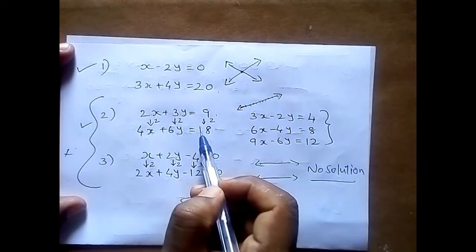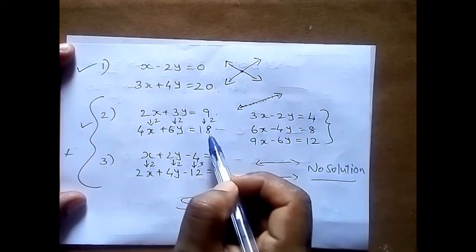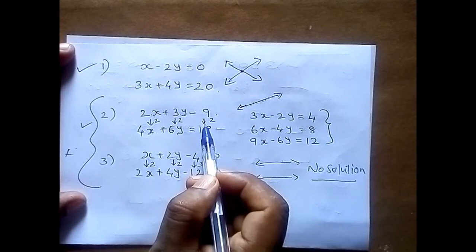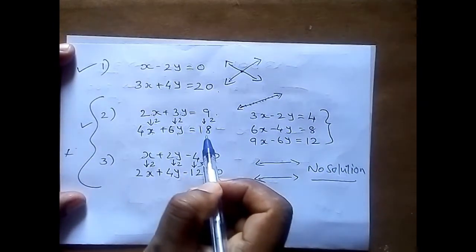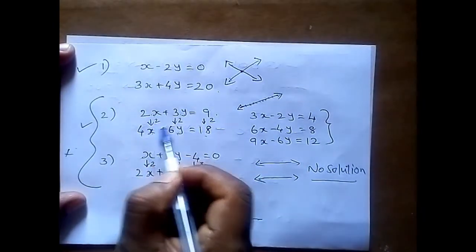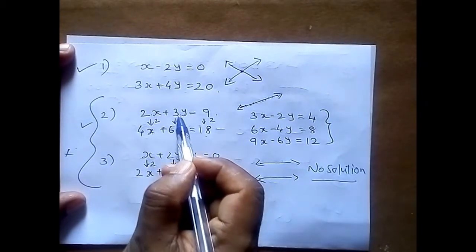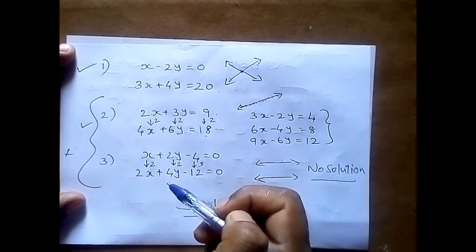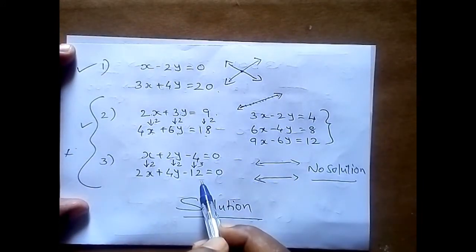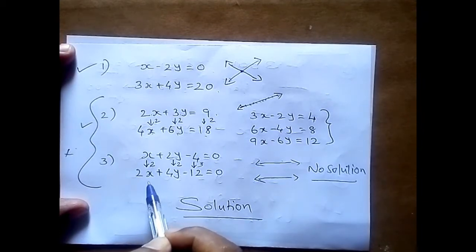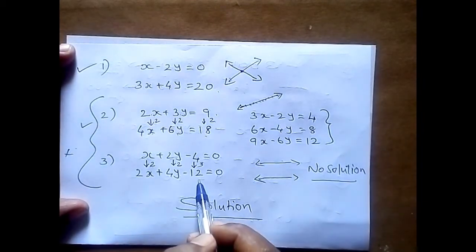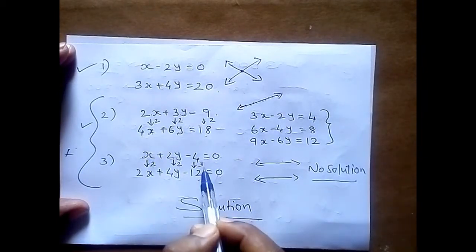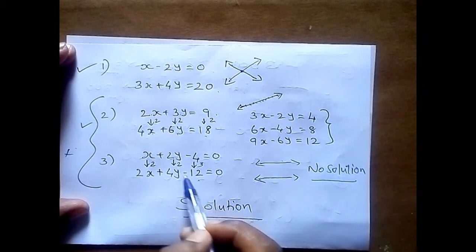Again, we have seen that if they are of the same equation, then the coefficients of x, y and the constant term will be in the same proportion. If we are multiplying by 2 here, we get a multiple of 2 here. Again, here also 18 will be a multiple of 2 of 9. If they are going parallel, we have seen that the variables will be in proportion, but the constant will not be. So here x and 2x, y and 2y, but the constant term is not in the same proportion.